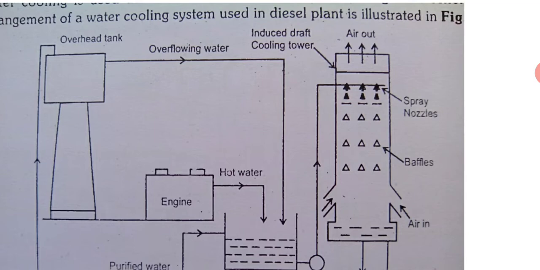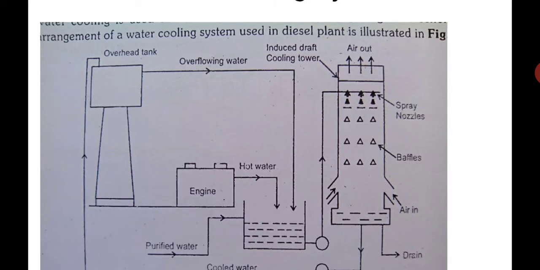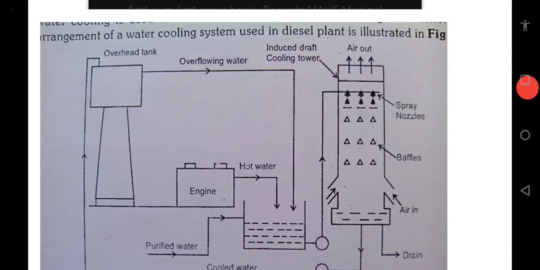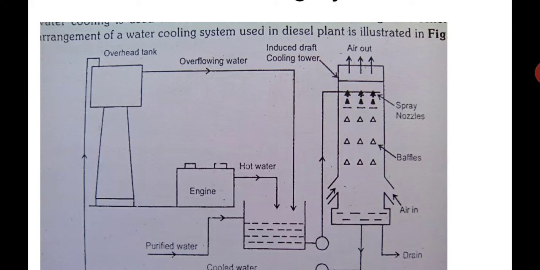Due to the temperature difference, this water gives away its heat to the air. Air may be around 30 to 40 degrees centigrade, water may be around 85 degrees centigrade, so there is a lot of difference, 40-45 degrees temperature difference. So the hot water gives away its heat to the cold air. This cold air becomes warm and goes to the top. In this process there is also almost 3 to 5% surface evaporation of water. So this is a cooling tower, and once the water falls down, it is cold now.